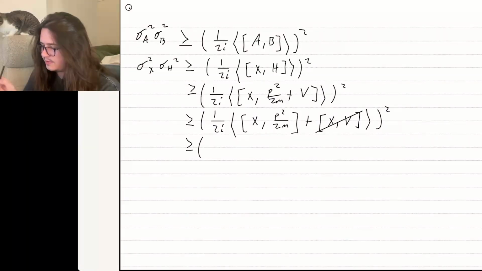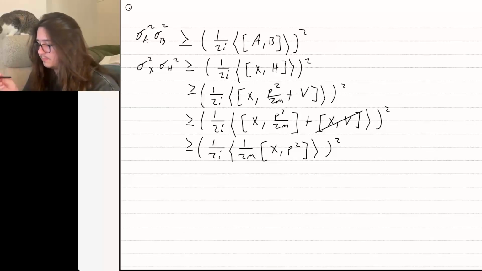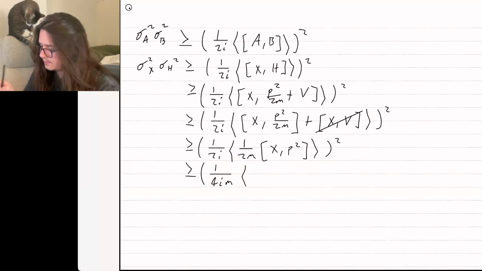And then after that, we can factor out the 1 over 2m from the leftover commutator. So it's 1 over 2m times the commutator of x with p squared, which we can almost work with. So I'm going to pull out the 1 over 2m from the expectation value as well. So we'll have a 1 over 4im here times the